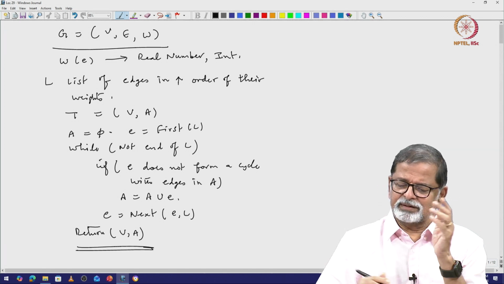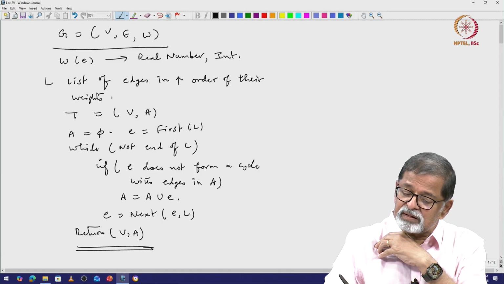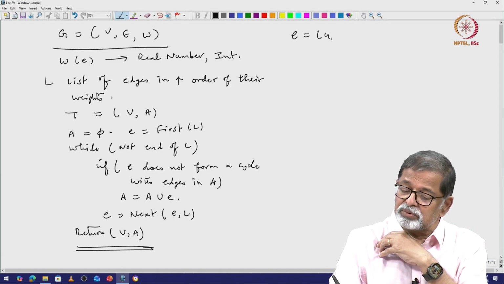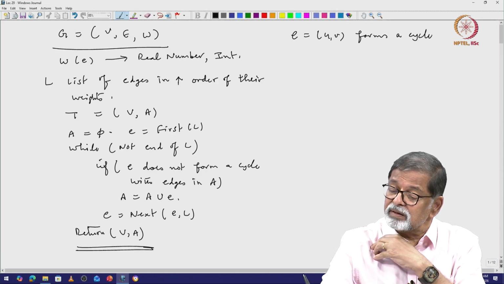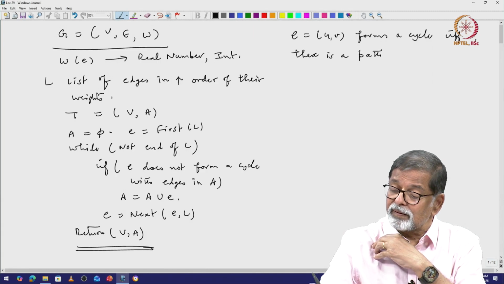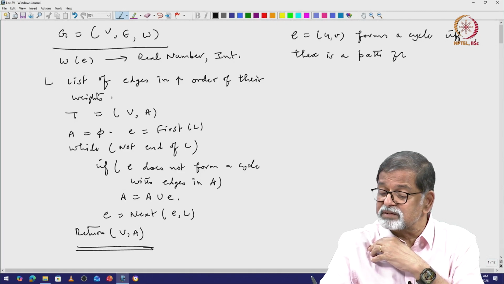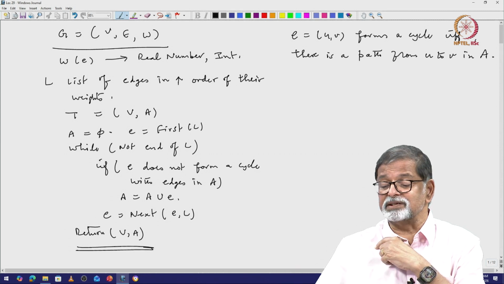So one characterization is: E equal to UV forms a cycle if and only if there is a connecting path, let us say from U to V, using edges in A,